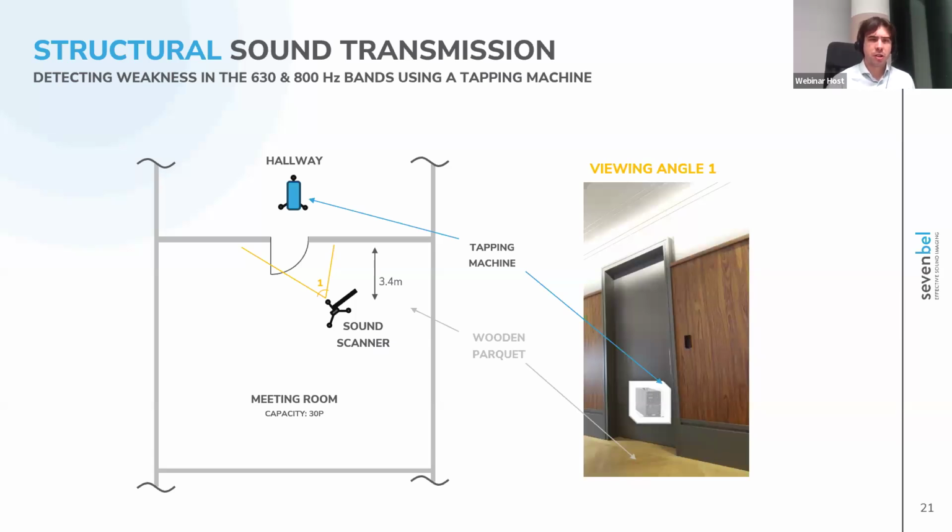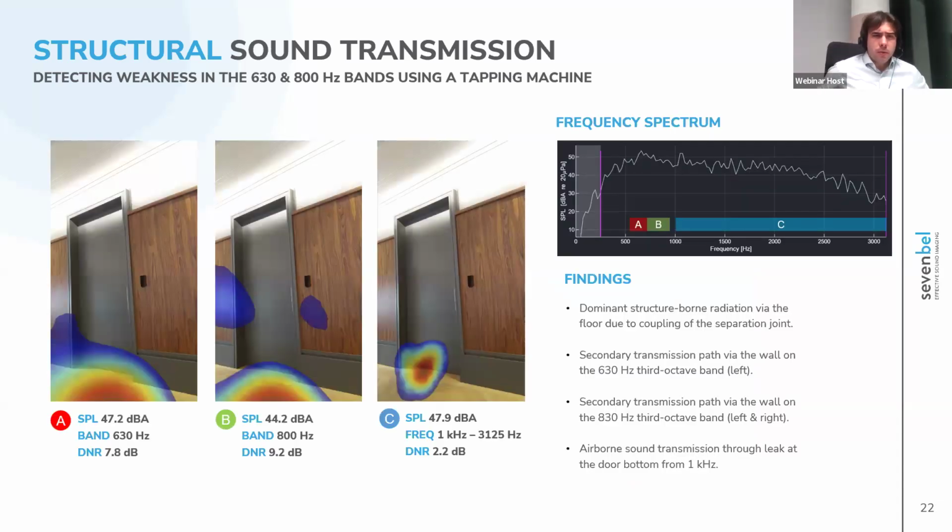And so we set the tapping machine on the other side, in the hallway, make it excite the floor, and measure with the sound scanner simultaneously to try to understand how the sound is propagating. In this case, again, two weaknesses were detected, this time in the 630 Hertz and 800 Hertz bands, among others. Right. So if we first take a look at the 630 Hertz band, even with a very large dynamic range,